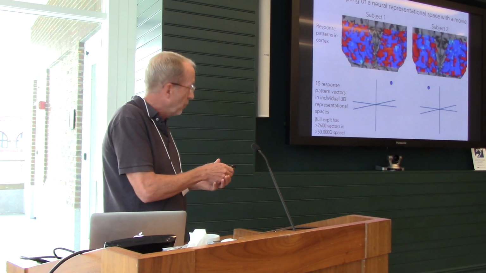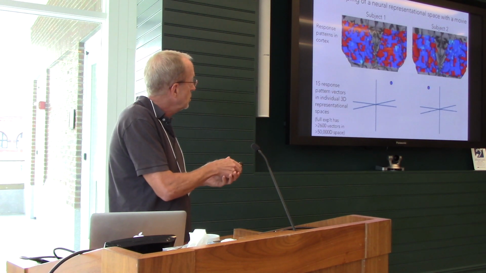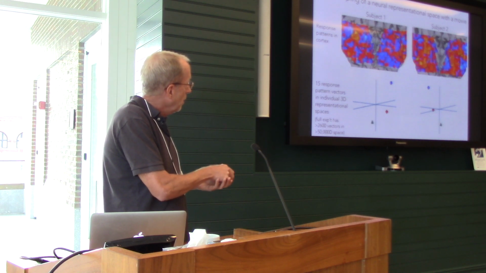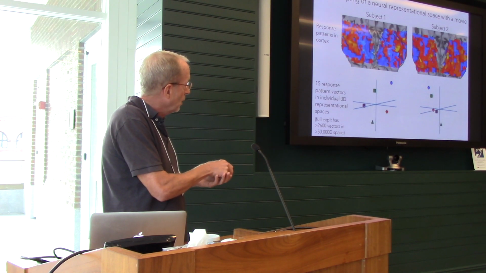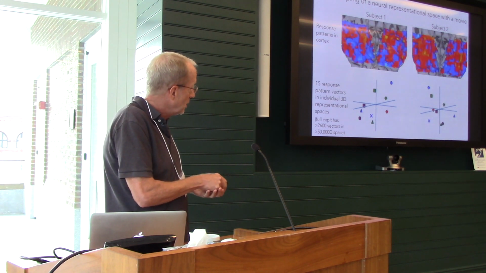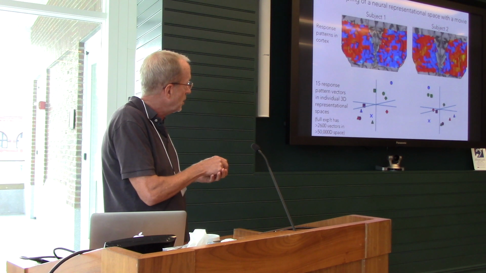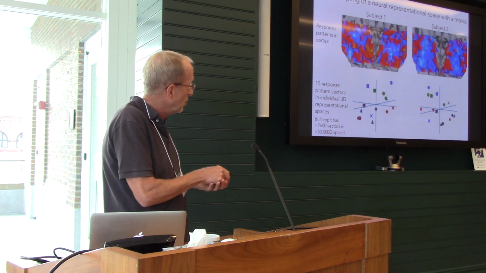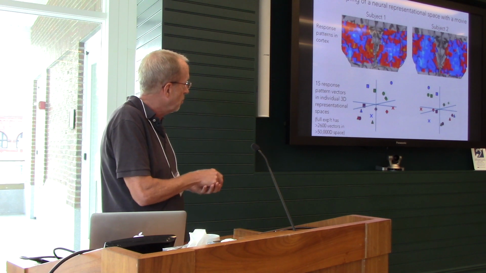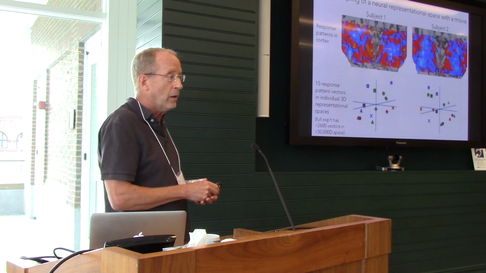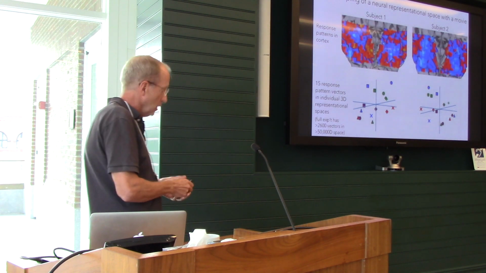So this is another way to think about it. These are the same two subjects. And as they watch the movie, with each new pattern, you can think of that as a vector in the representational space of each subject. So you can see these vectors appearing with each new response pattern. And they're color-coded, so the blue circles are the same time point. The green triangles are the same time point. And they really don't line up, right? So how can we get them to align?